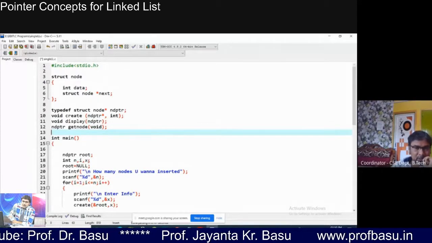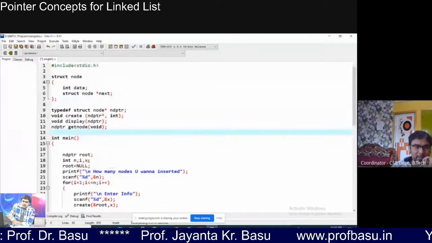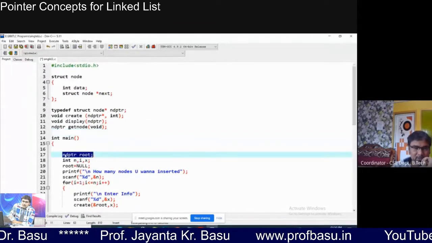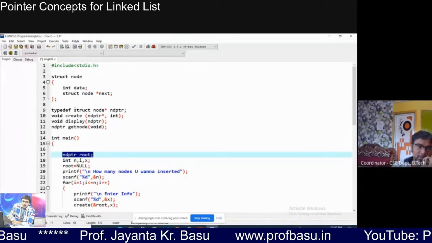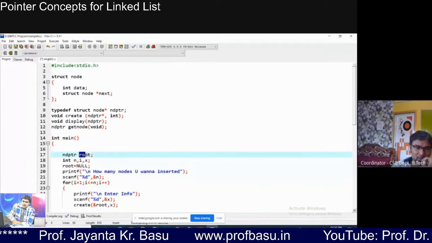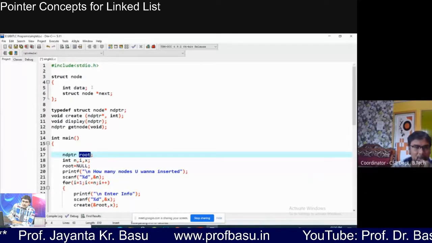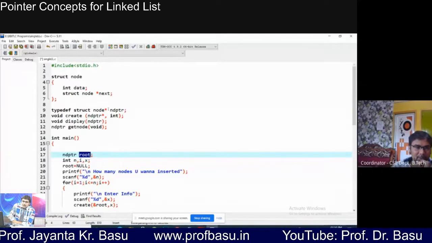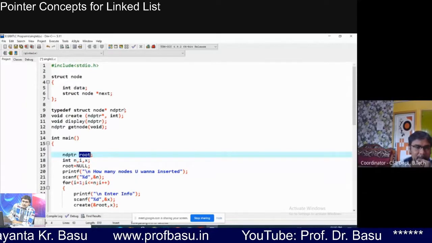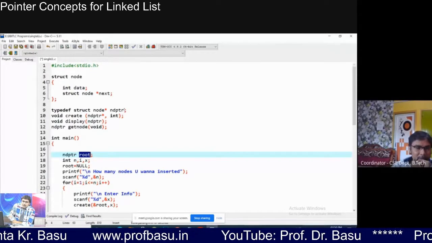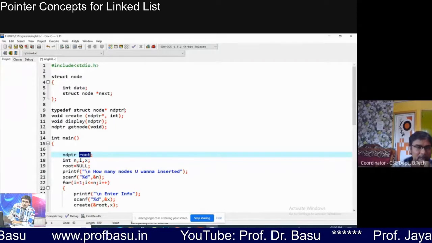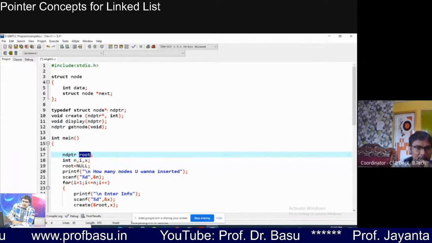Now see, NDPTR root, what does it mean? You just replace this NDPTR word by struct node star. So what is this root? Root is a pointer to a node type structure variable. NDPTR defines a type required to declare a variable which holds the address of a node, meaning struct node star.